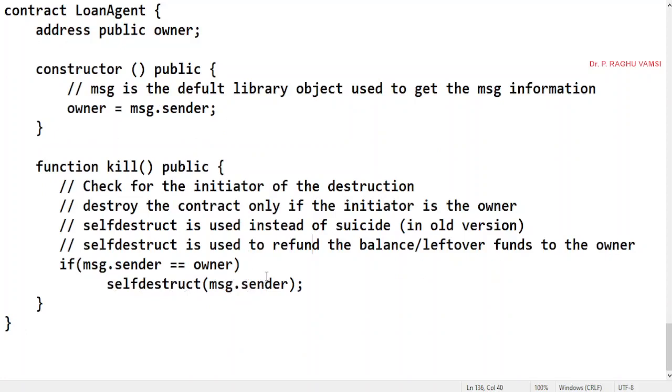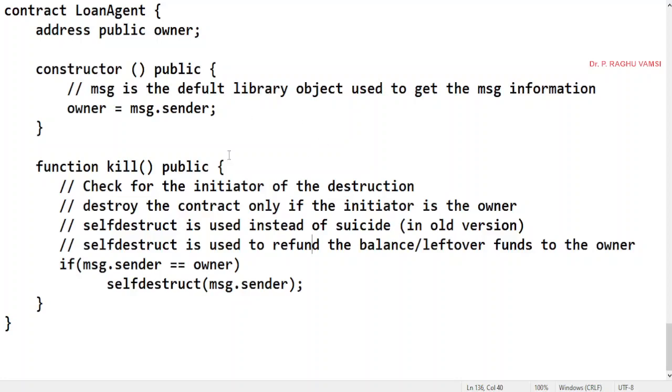We all know that there are two kinds of accounts available. One is the externally owned account, one is the contract account. The one who creates the contract is required to have an externally owned account. After creating the contract, the contract will have its own account.